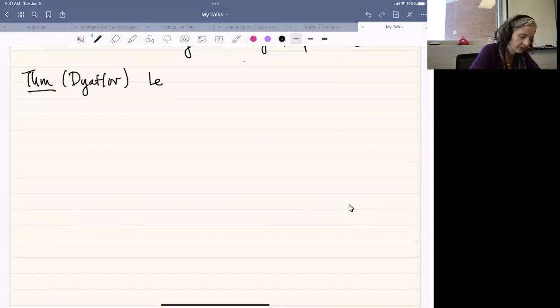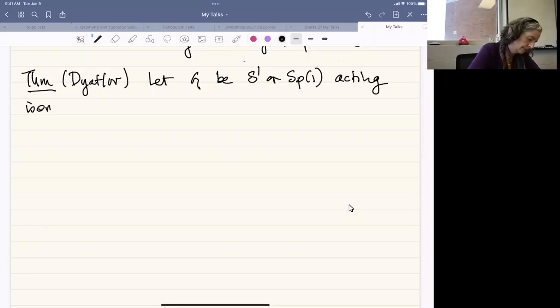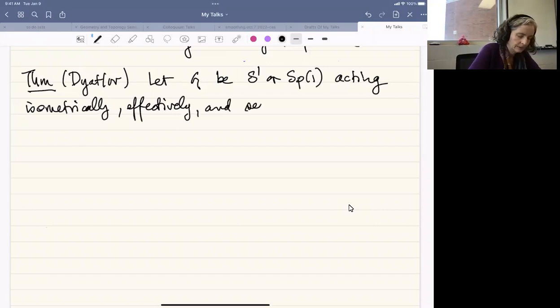And it's specifically for quotient spaces. So if I let G be S^1 or Sp(1), and I'm letting it act isometrically, effectively, and semi-freely. I'm going to explain what semi-freely means in a second. It's not that common a term, although maybe you all know it. Further, he